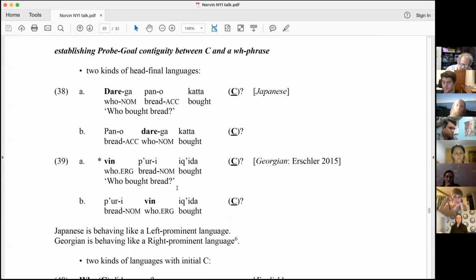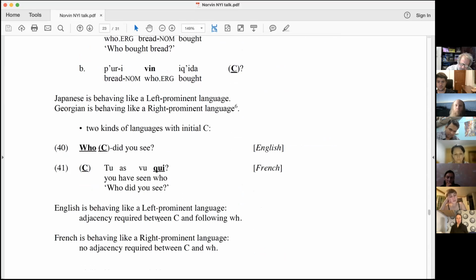Georgian, on the other hand, we saw a Georgian pitch track that suggested that Georgian is a right prominent language. So that should mean, and something which is true about Georgian, that 39a is no good. Because in the string that contains C and who, there's also bread, and Georgian is right prominent, and so bread will be more prominent than who. And so you may not say 39a, you must say 39b. That's Japanese and Georgian. English and French are